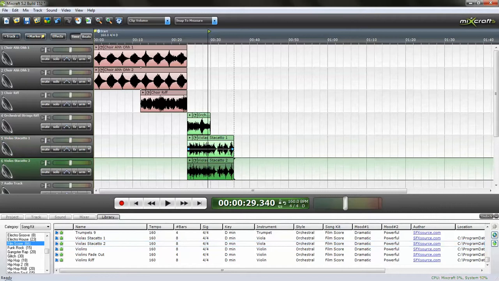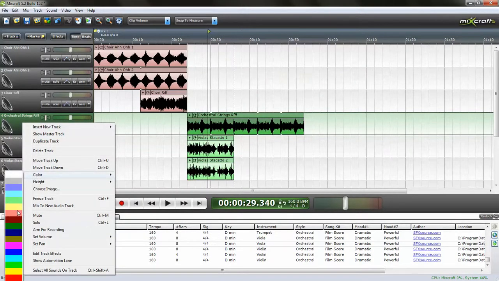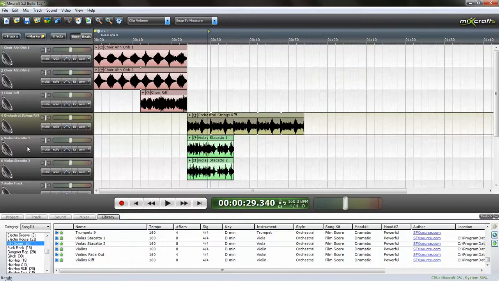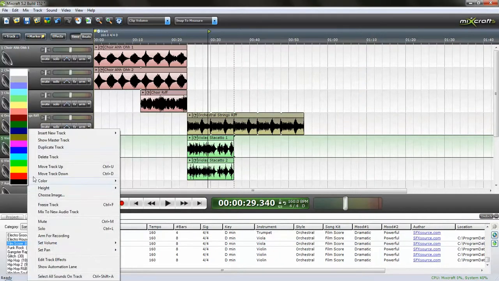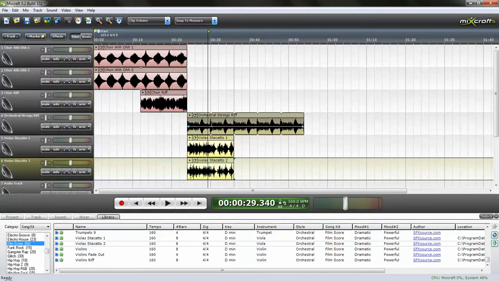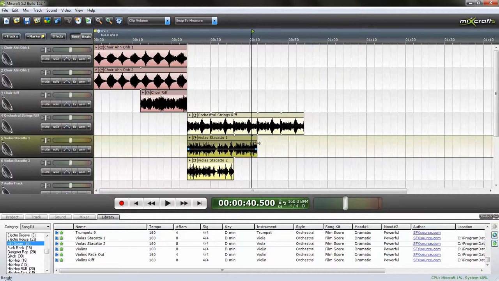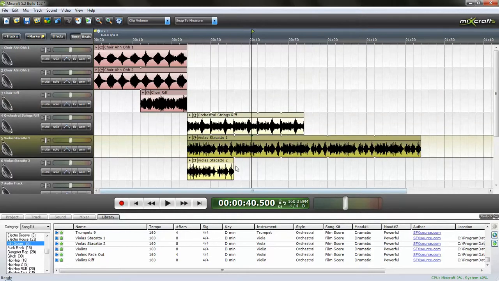So I can be really picky, and since this is just called strings, I could put that color to, say, yellow. And these are violas, so I can put that to maybe a different darker color of yellow. So there is some connection, but they are actually two different tracks. So I'm just going to do a quick short loop here. And of course I want to hear what it sounds like, so